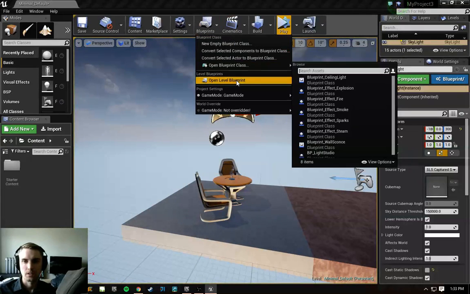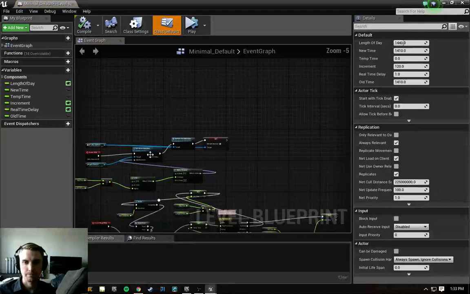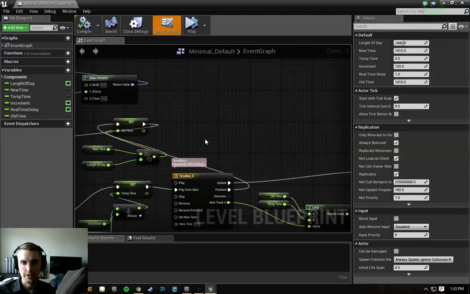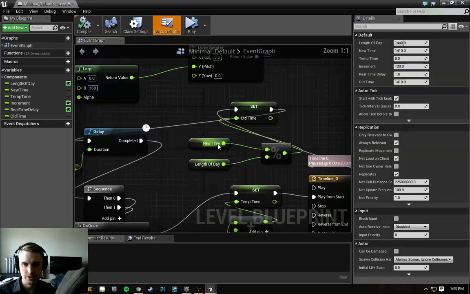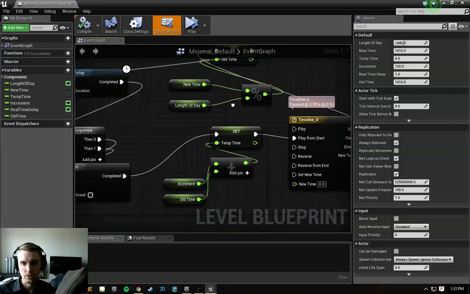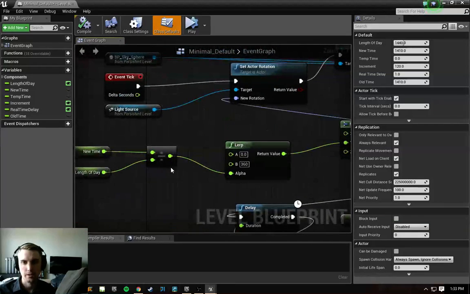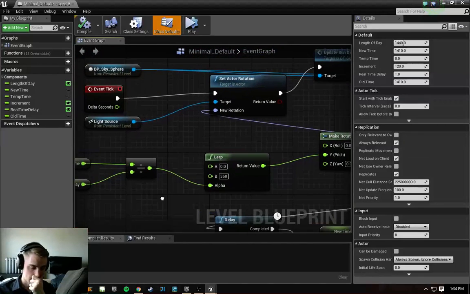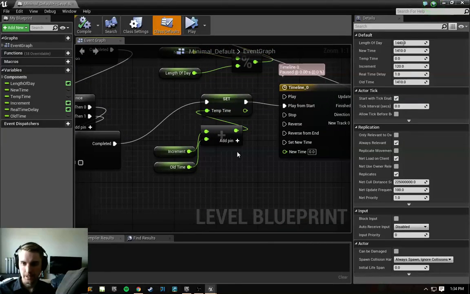Alright. Two things that I need to mention. First, I forgot to modulo. What you need to do is when you're setting the old time, you need to set it to the new time, moduloed by the length of the day. Otherwise, your old time is going to get really large, and when you do your math up here, your new time as a result of that, you don't want to modulo anywhere in here,